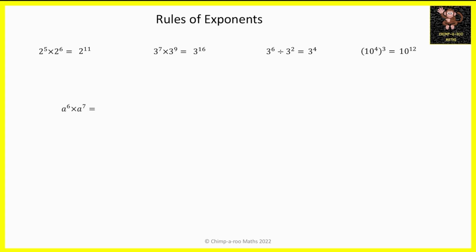It also works with letters. Letters work exactly the same as numbers. So a to the 6 times a to the 7 is a to the 13. a to the power of 4 times a to the power of 2, divided by a cubed: do the top first, which gives us a to the power of 6 divided by a to the power of 3, which will give us a to the power of 3. And finally, a to the power of 6 to the power of 5 is a